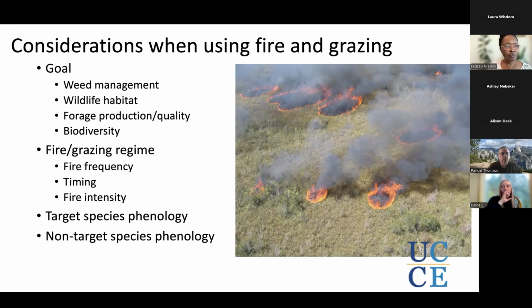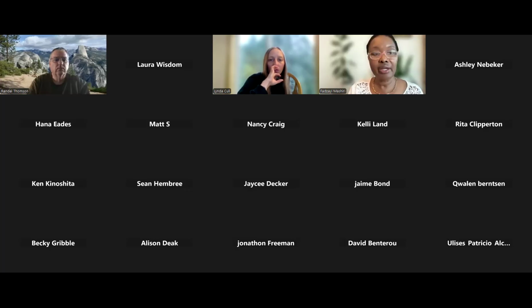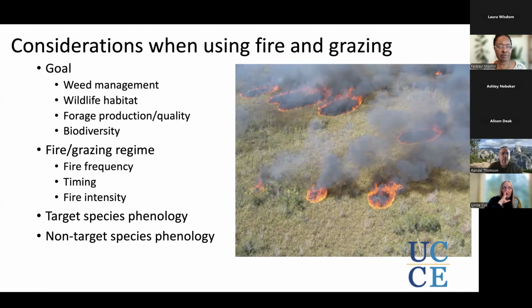And then lastly, I would guess almost everyone who is burning a piece of land, except if they are burning it to completely eliminate vegetation there, has vegetation and plant diversity as one of the goals they want to promote in these ecosystems. So depending on any of those goals or all of those goals and more, the fire regime or grazing regime would have to be adjusted to suit those goals. Then you have to think about what kind of fire frequency you need to use